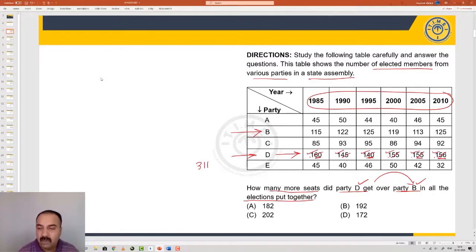So all these 6 would make 600. We will also notice, when we do the same job of totaling with B, that the hundreds are there in the same quantity. So you have 6 hundreds available for B also. So this question is asking you to find the gap between the total seats of D across all the elections and total seats of B across all the elections. So when the difference is taken, the 600 for D and the 600 for B would cancel.